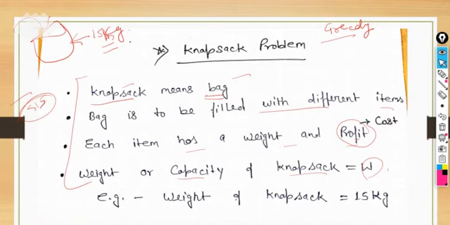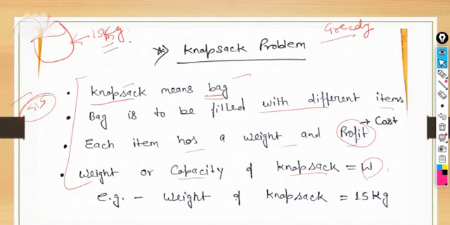If you are inserting an item into the bag which has greater profit, it is good to put it in. So each and every time before putting an item into the knapsack, or you can say bag, you have to check whether it is more profitable or not. If it is comparatively less profitable, there is no need to insert it into that bag. Now how can you decide whether to insert it or not? It depends on our logic.